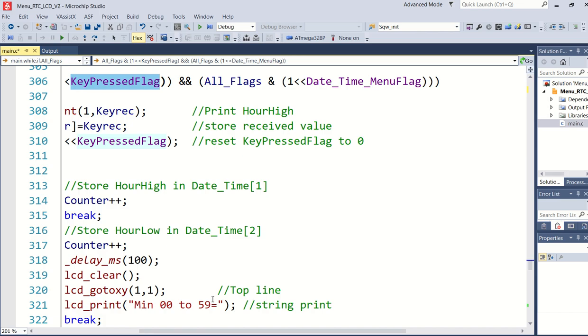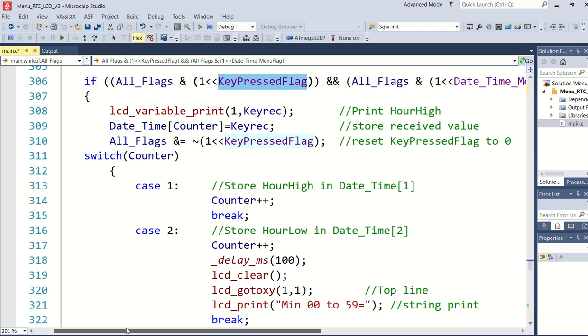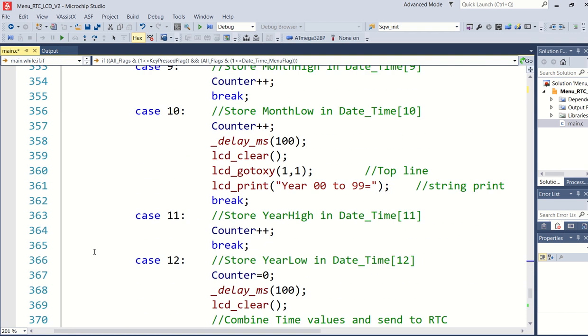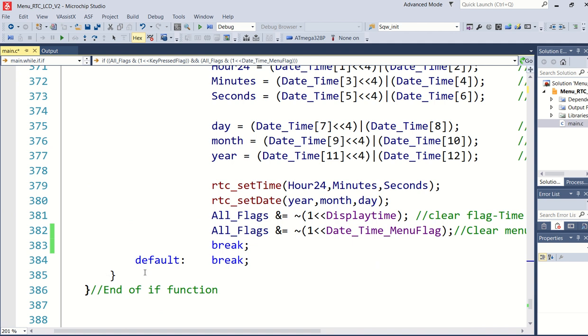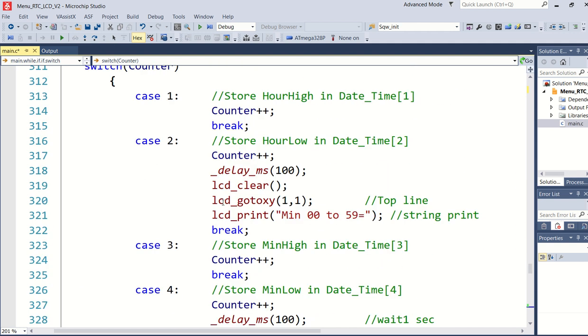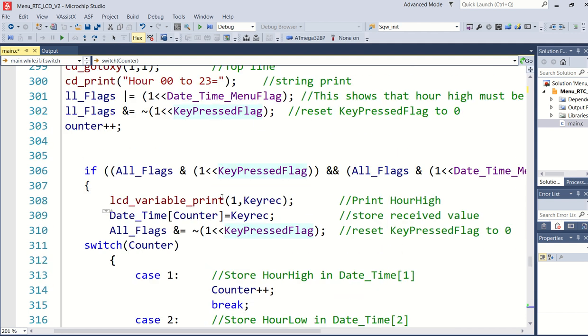That means it will now go into this function, into this if statement here, and the if statement is actually closed after this default line here. So it will now go into this specific if statement. So what I've done here, remember it has printed that section on the LCD screen.